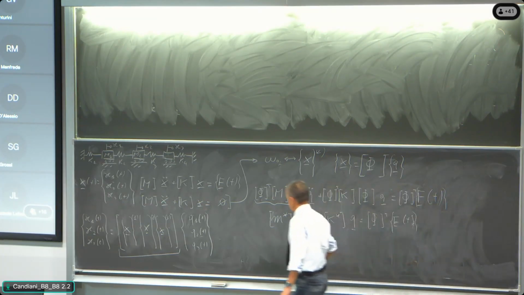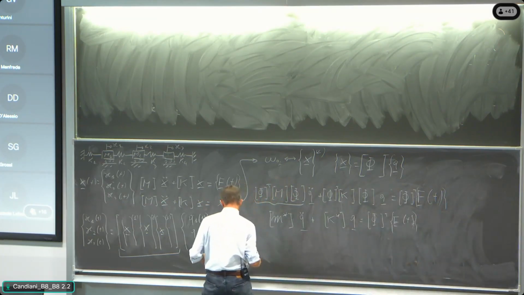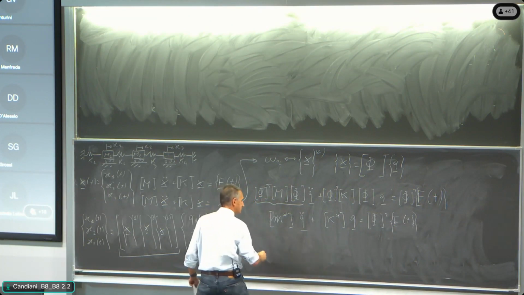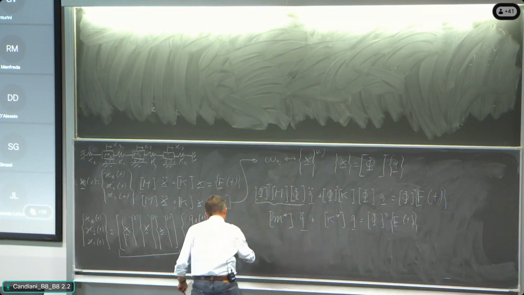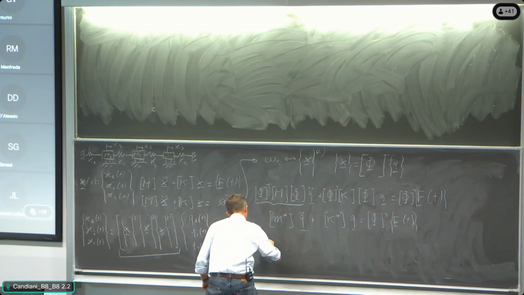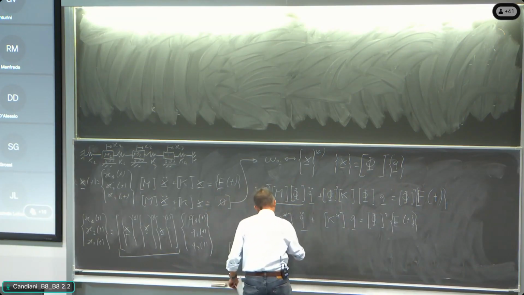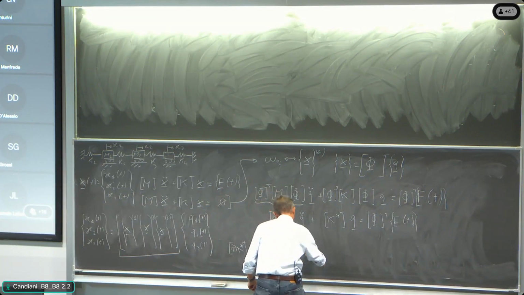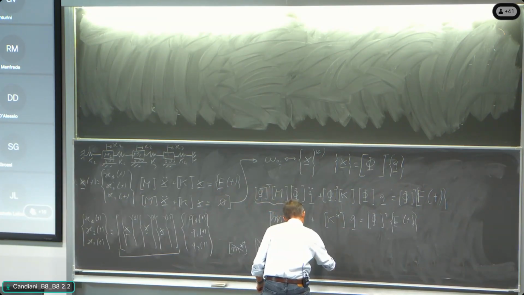And it is possible to demonstrate that M star is diagonal, K star is diagonal. It means that M star ij is equal